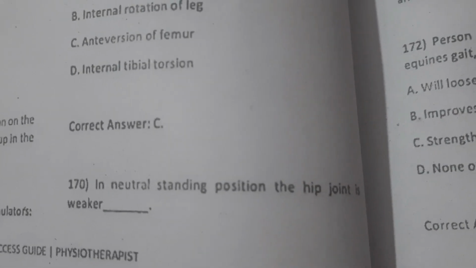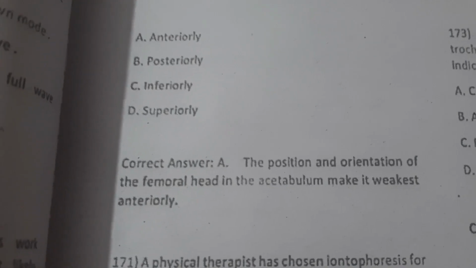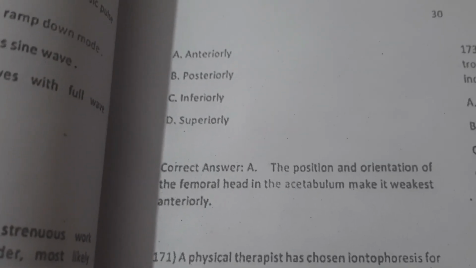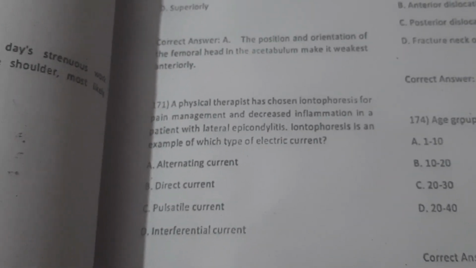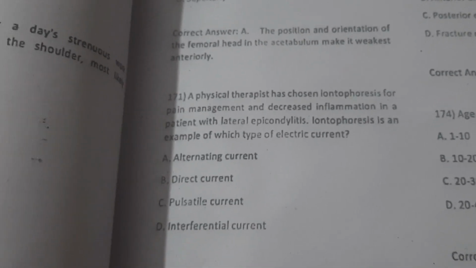MCQs 170: in neutral standing position the hip joint is weakest anteriorly. Option A would be the right answer because the position and orientation of the femoral head in the acetabulum make it weakest anteriorly. MCQs 171: a physical therapist has chosen iontophoresis for pain management and decreased inflammation in